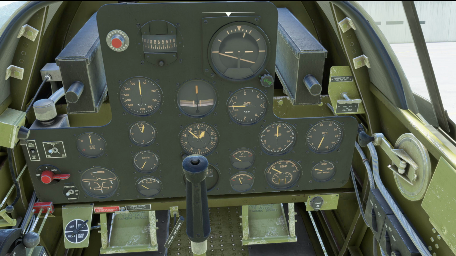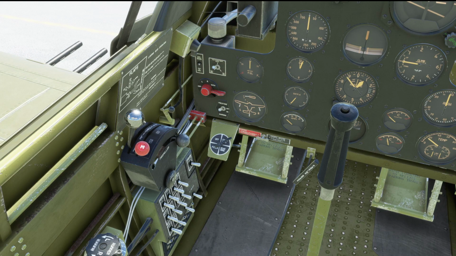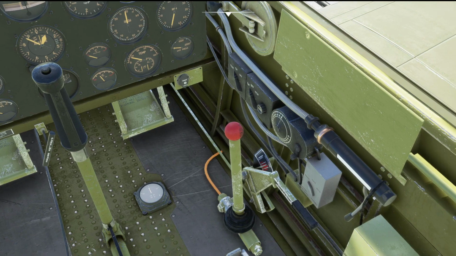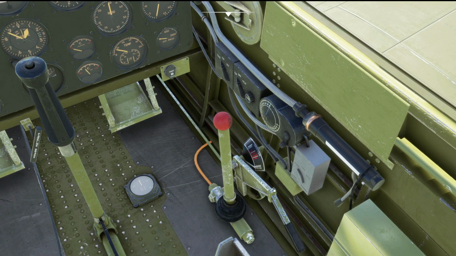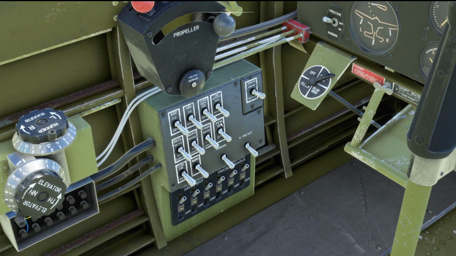Push for hot, pull for cold, so all the way out. Cowl flaps need to go on to ground cooling, which is the utmost bottom position there. Ground cooling. Battery switches down here on our switch box. On. Generator on. Recognition lights on. Nav lights